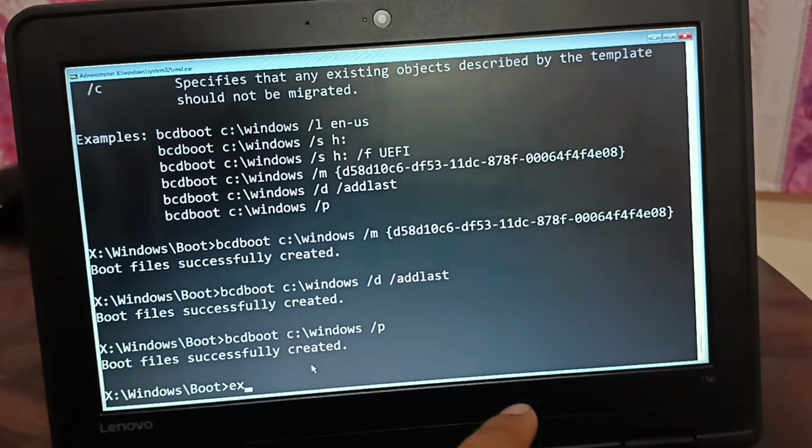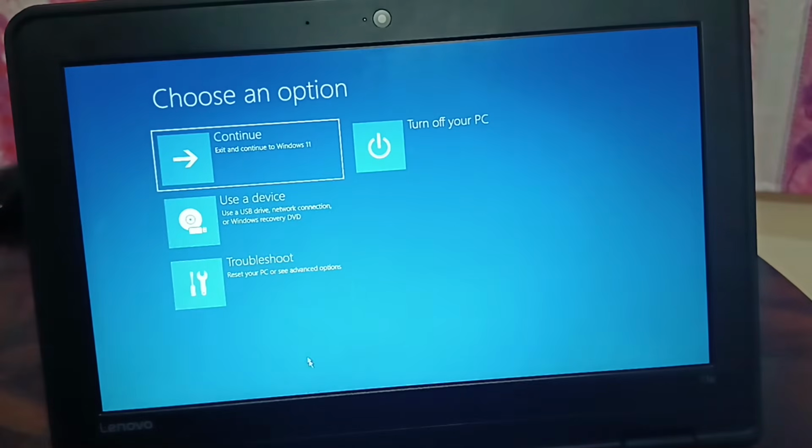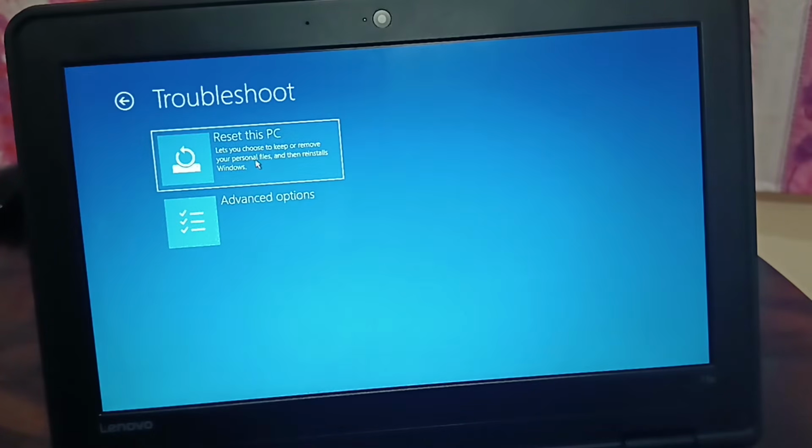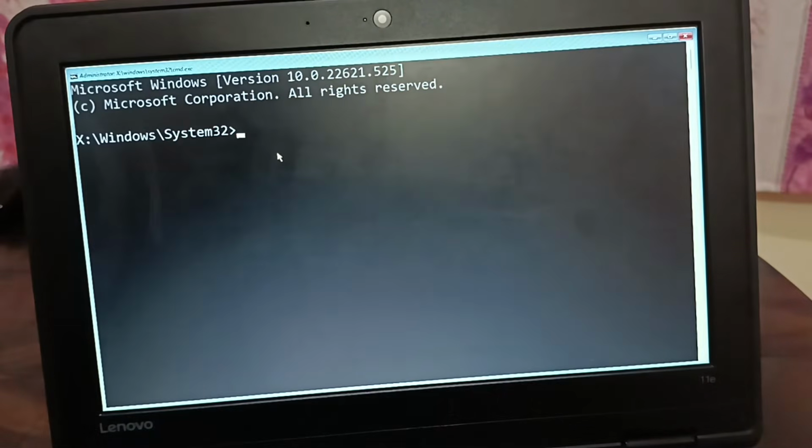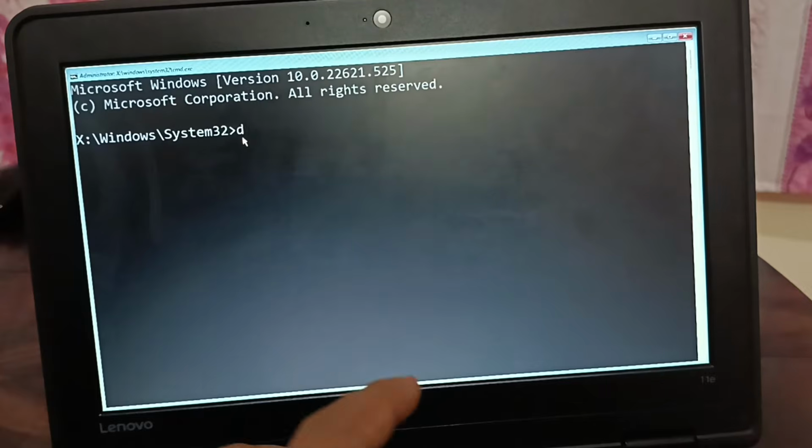So this is one thing, just execute it, exit it, and you can continue, exit and continue to Windows 11, and it needs to be working. If it still does not work, come back to the same place, so open the command prompt. Because it is a loop, if it does not work, again you will come back to the same place because it's a startup loop or a keyboard layout loop. So you'll be coming back to the same problem. Now, if that also does not work,